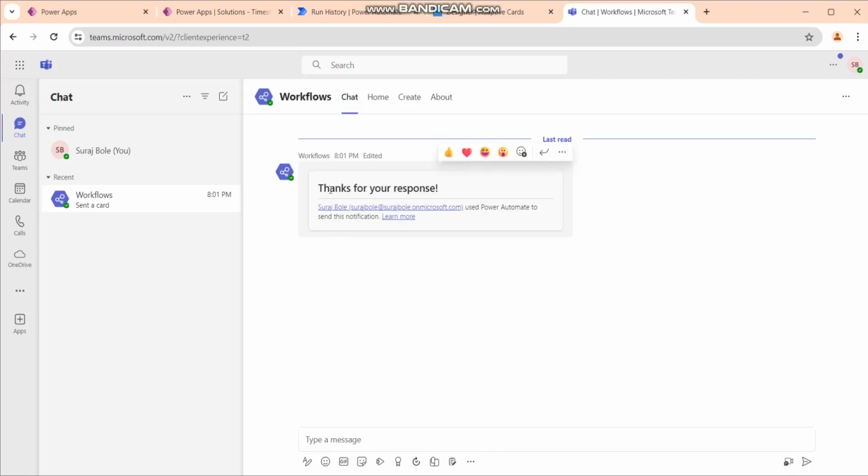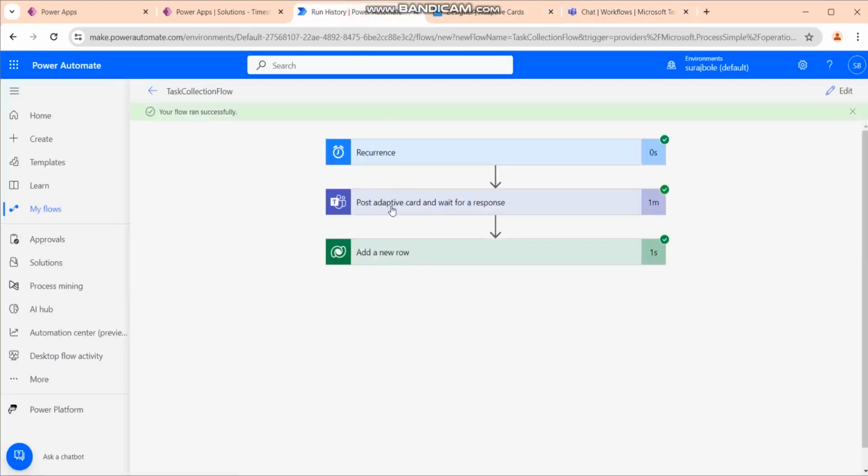It will show the response message, like thanks for your response, which we already saw in the adaptive card. We can see that the flow ran successfully, and we'll go into the table